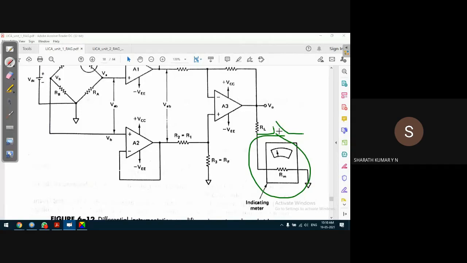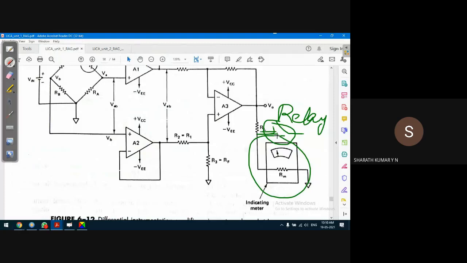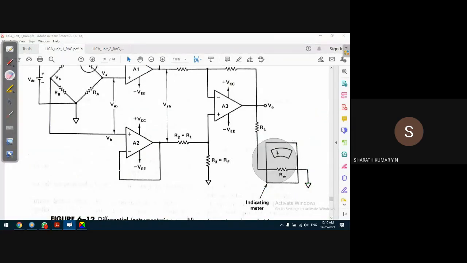So what is a relay? I don't know whether you have studied a relay in any of the courses. Relays are used as switches for high voltages, but these relays are controlled using small voltages. For example, a semiconductor switch operates in the range of very few volts, let us say less than 5 volts. If the operating voltage range is very high, let us say tens of volts, then relays are used. So these relays are used as switches.